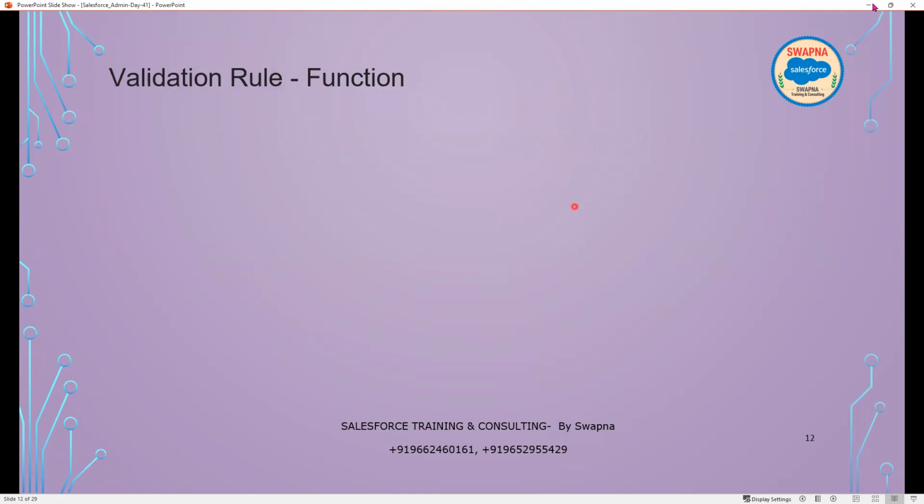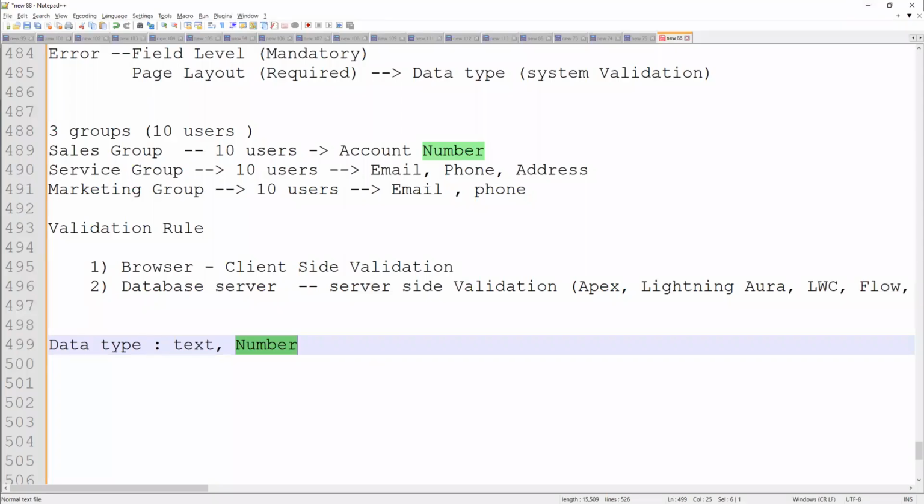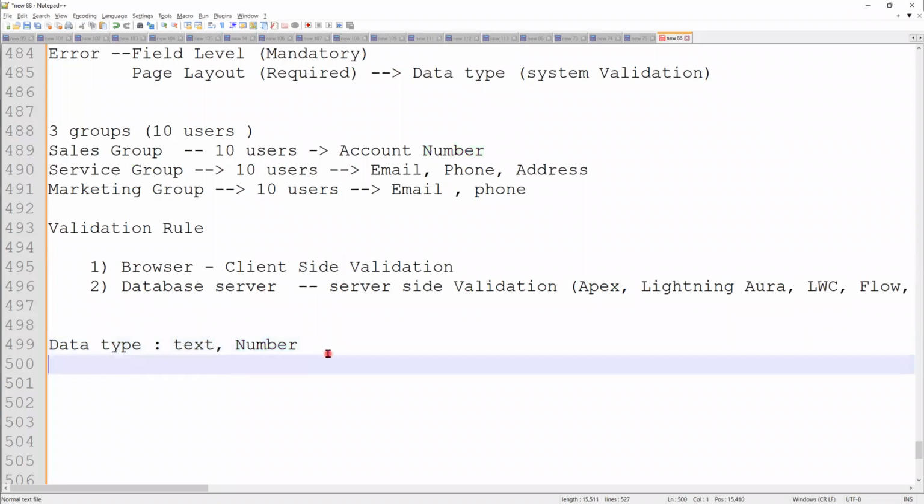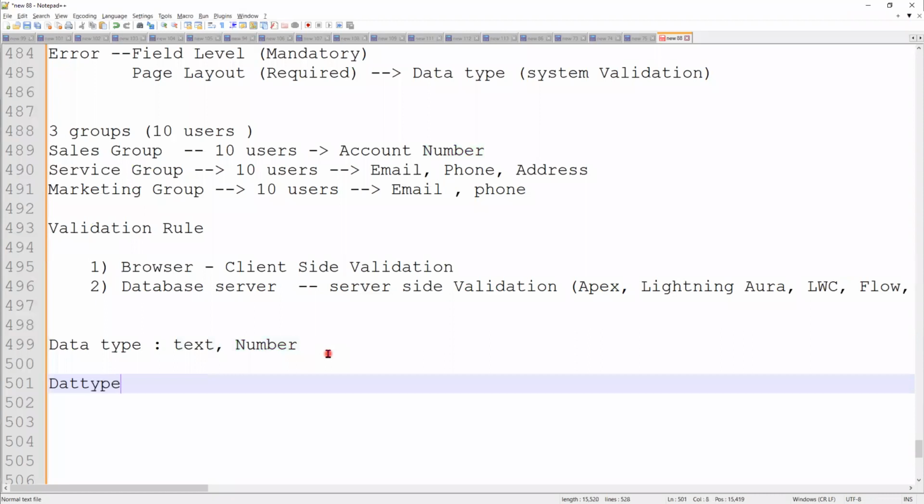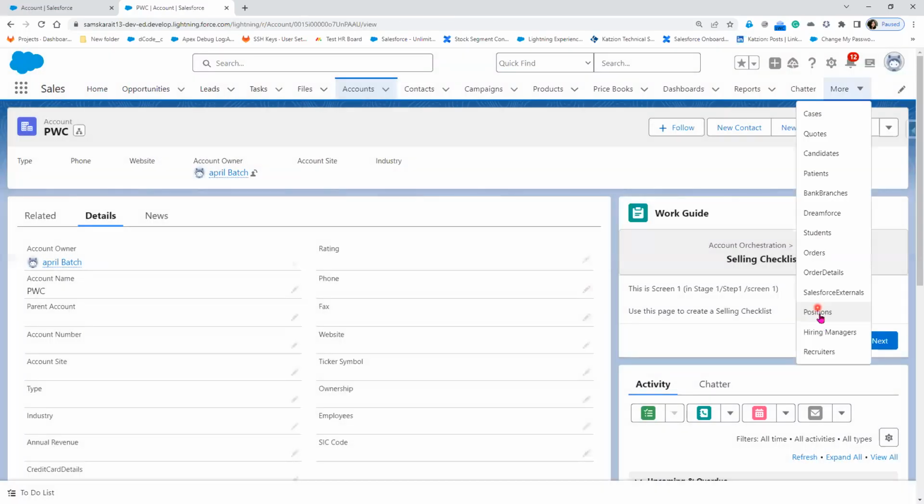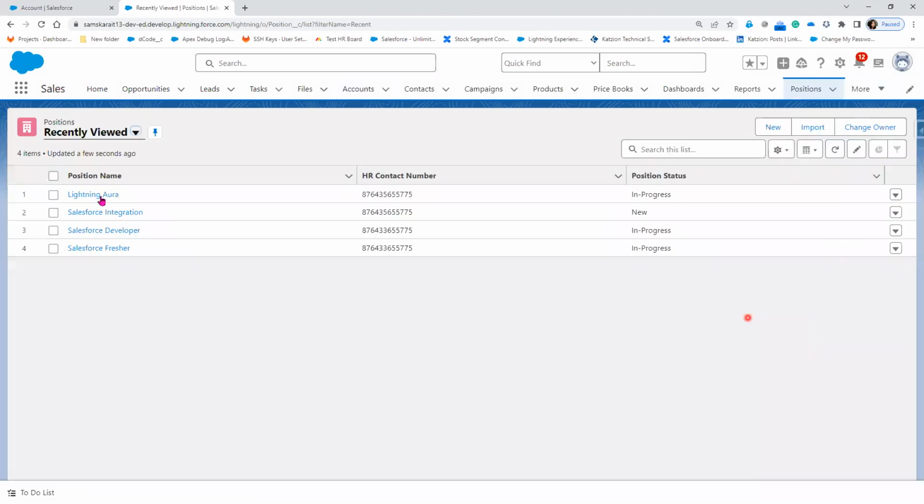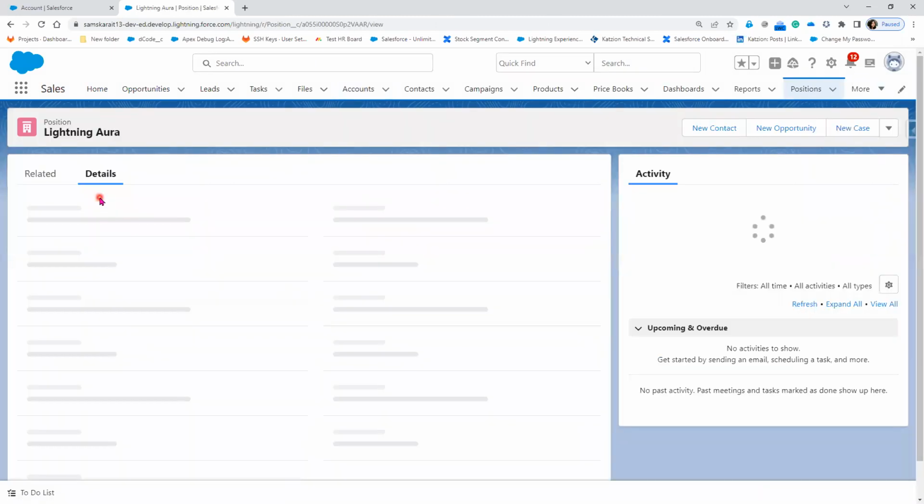Now let's go for a different scenario. Let's assume I have a scenario where I'm entering the data type, which is a currency, or let's take it as a date. Now, where is the date data type? If I go to the position object, in the position object, if you open any position record,